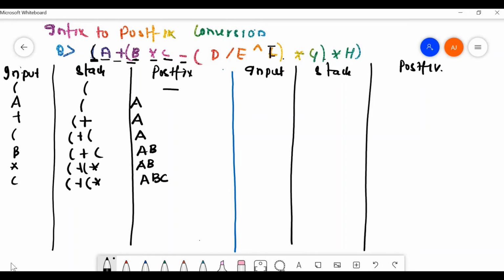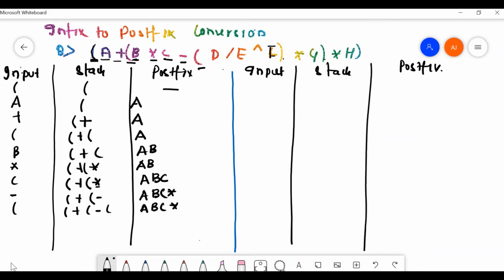Now minus comes here. So parenthesis plus parenthesis, and now minus, what is the precedence of minus? Minus is lower than into in precedence. So according to the algorithm we discussed, if a lower precedence operator comes, we pop out the higher precedence operator, so it comes to a, b, c and into. Again another parenthesis comes here, so it is parenthesis plus parenthesis minus parenthesis, and the expression is